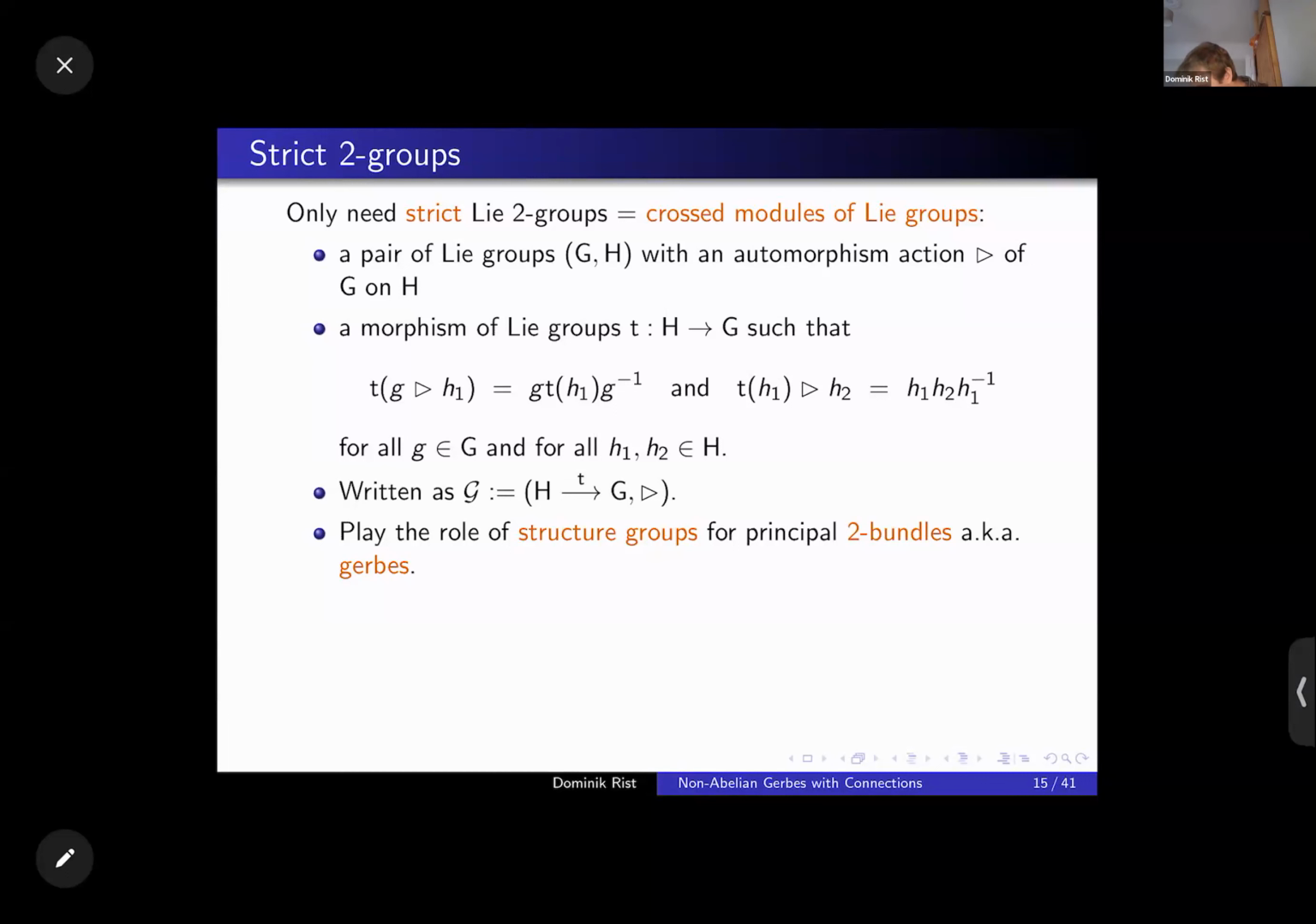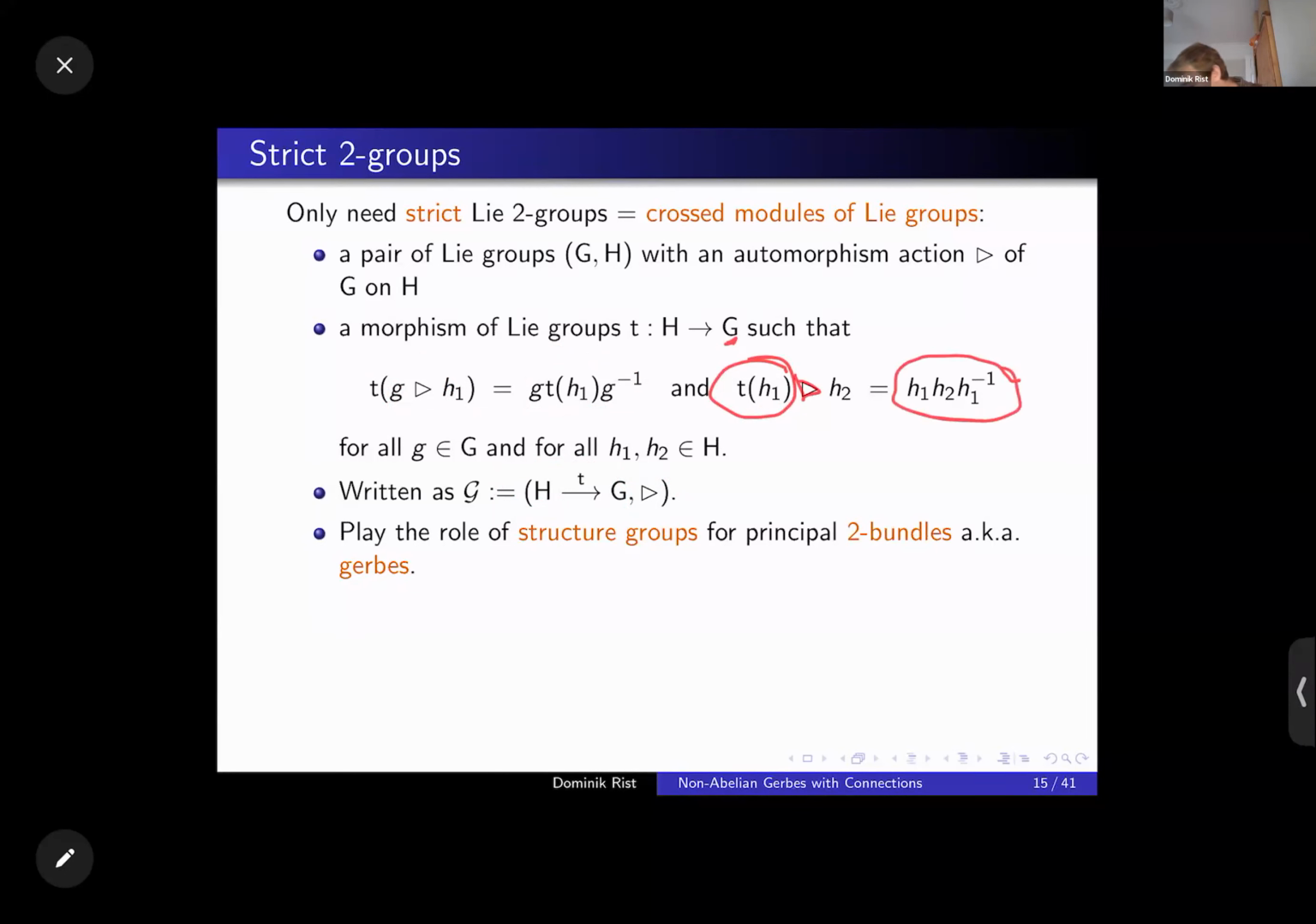Okay, so a crossed module of Lie groups is just a pair of Lie groups with a morphism from H to G, together with an automorphism action of G on H, such that, first of all, this condition is satisfied. When I act by G on H1, and I map it by T to my group G, then this just becomes the adjoint action. Similarly, I have this identity. This is called the Peiffer identity, which says that if I first map my H into G, and then I act on it with an H2, then this is the action by conjugation in my group H. All right, don't worry about it too much. We won't be needing that